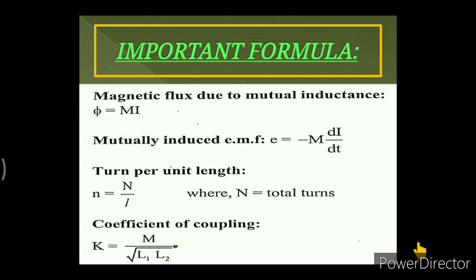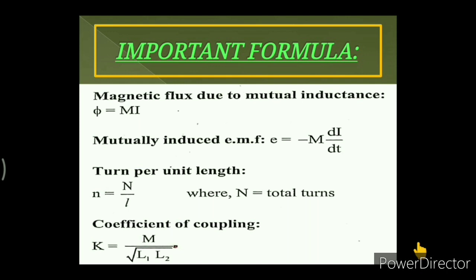When the EMF is induced into an adjacent coil situated within the same magnetic field, the EMF is said to be induced magnetically, inductively, or by mutual induction. The symbol is given as capital M. Then, when two or more coils are magnetically linked together by a common magnetic flux, they are said to have a property of mutual inductance.